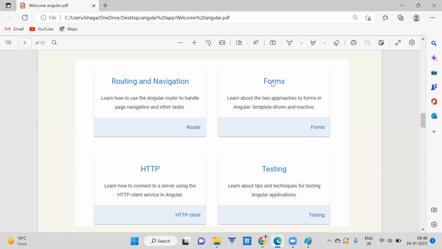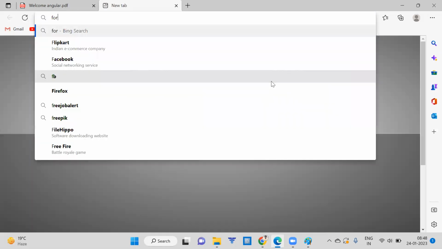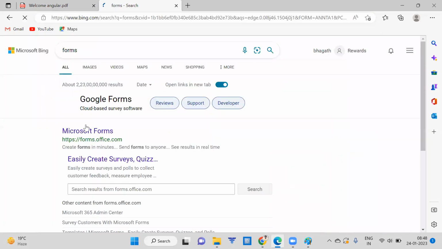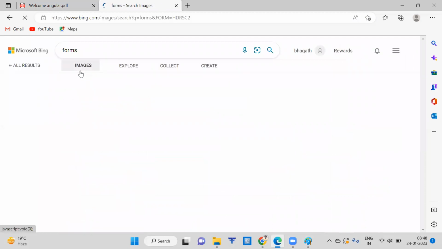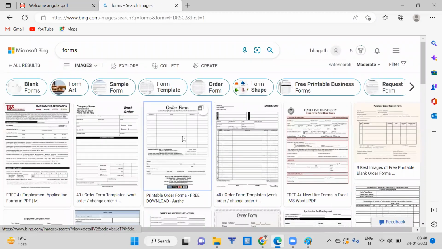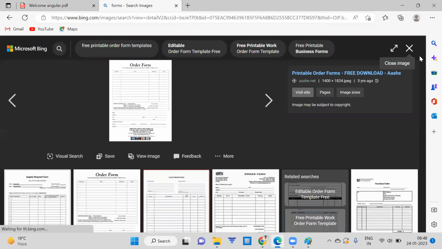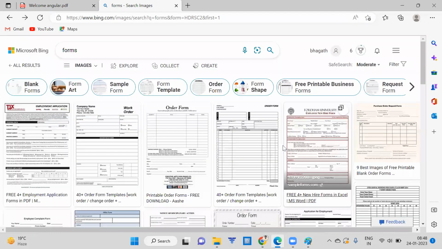And forms, what are forms? Any form, any application, this is one form actually, right? If you are applying for any